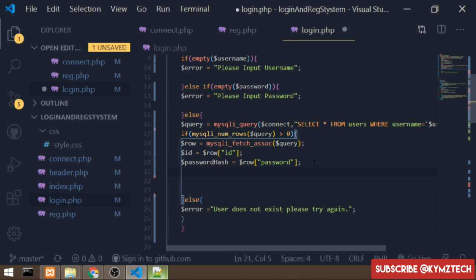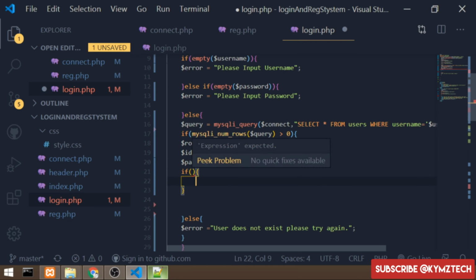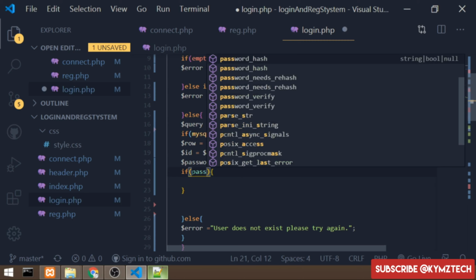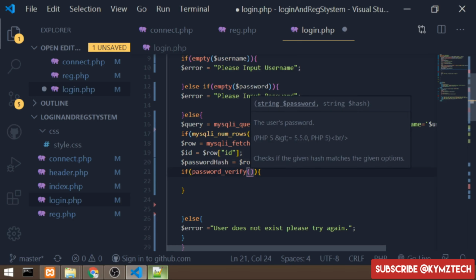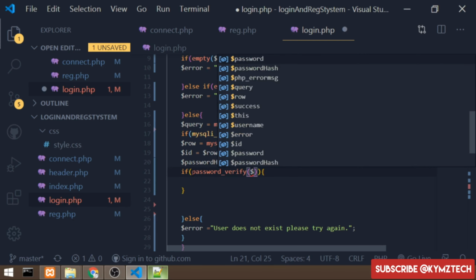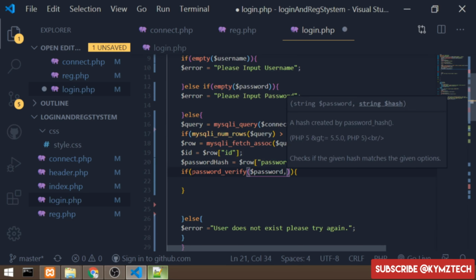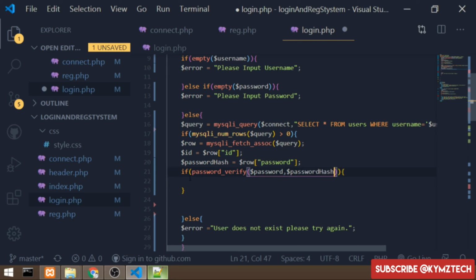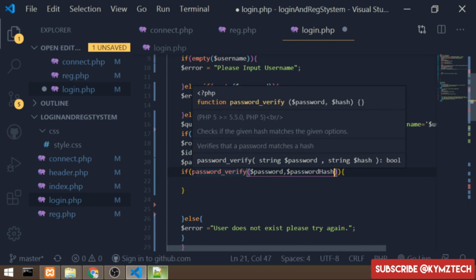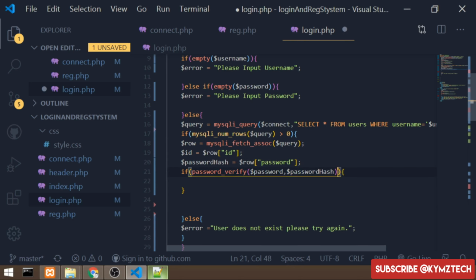So we are going to add an if statement to check if the verification of the password was successful. So we'll say if password_verify, we pass in the raw password, that is the password we are getting from the input field, and we pass in the hash password, so password hash. So if it's verified, it's going to return true. So we want to check for the error first. So we'll say if password_verify is equals to false,